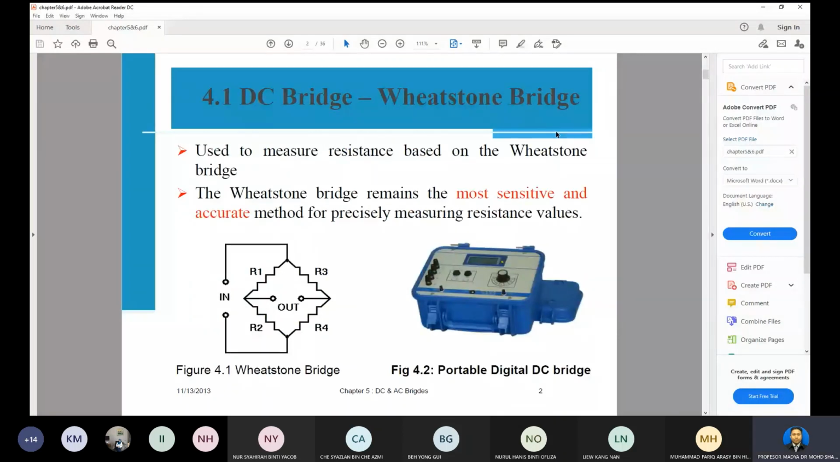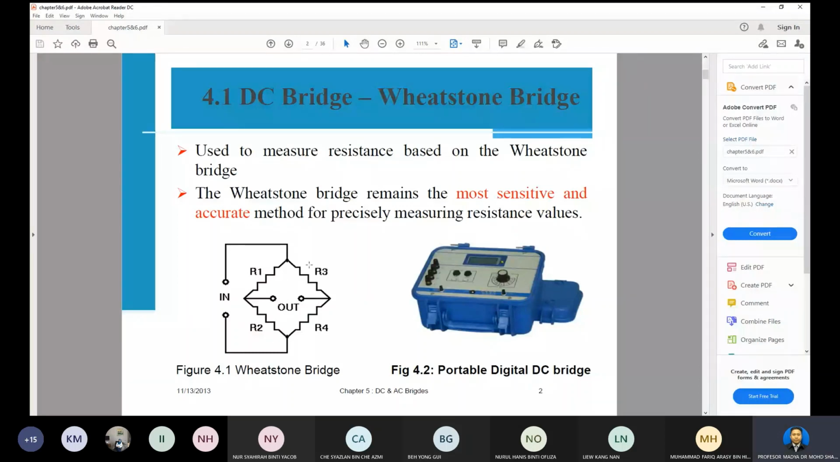All right. So next we go for the dimension 2, which is the Wheatstone bridge. Let me measure the resistance based on the Wheatstone bridge. You can see this on the figure. On figure 4.1, this is the Wheatstone bridge circuit. We have R1, R2,